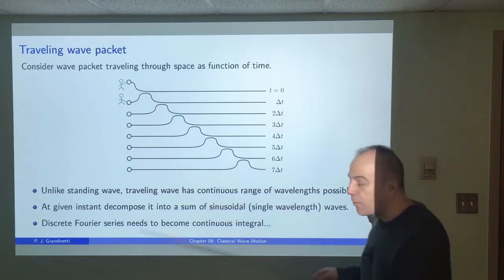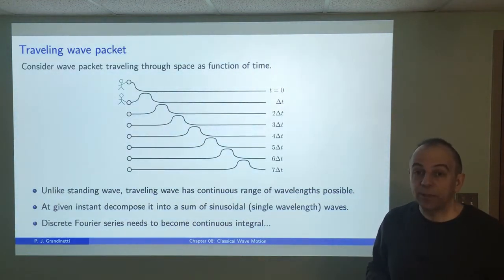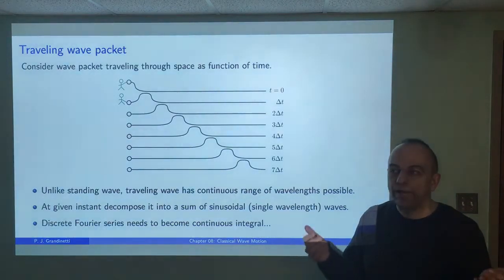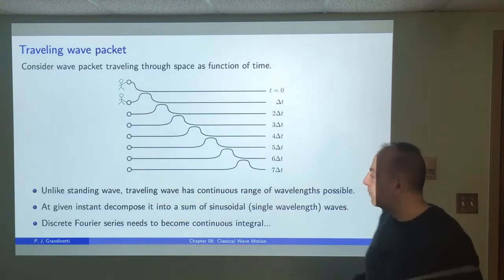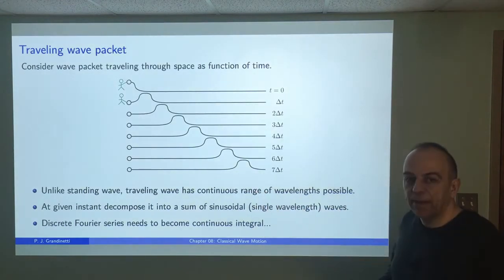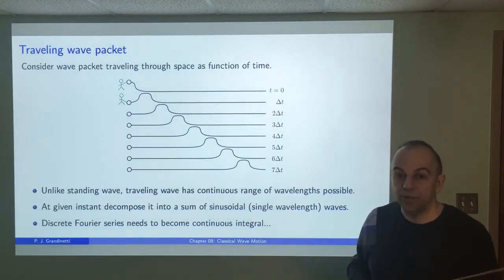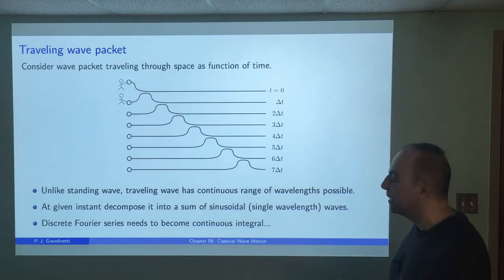Now, in the previous video, we learned how we could decompose a wave in terms of sinusoids. And in the last case, we were looking at waves with boundary conditions, like the standing waves of the string of a violin, for example. But in this case, we're talking about a wave that's propagating on a string or medium that has no boundary conditions. Now, we can still do this decomposition in terms of sinusoids, but we're not going to be able to